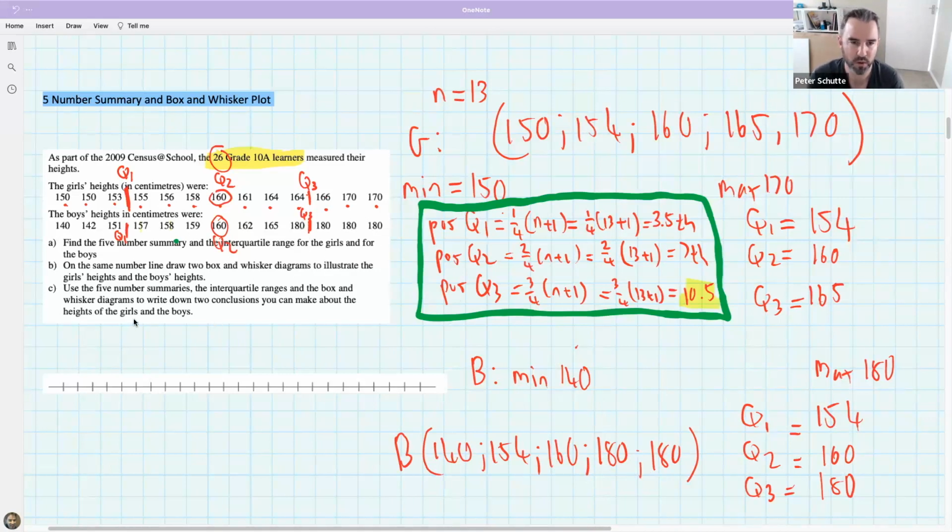Now, before we have a break, after the break, we are going to draw box and whisker plots. But before the break, I want to know what is the interquartile range for girls and what is the interquartile range for boys. And remember what defines the interquartile range. So let me know in the chat what you think. For girls, I think it should just be that. And for boys, I think it should just be that. So